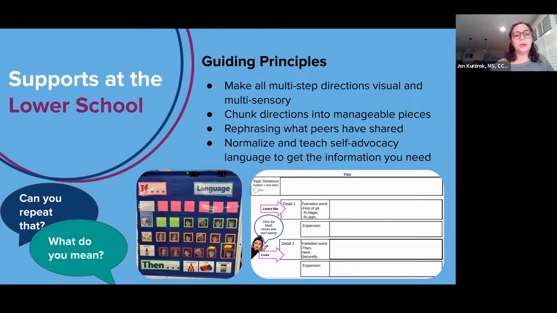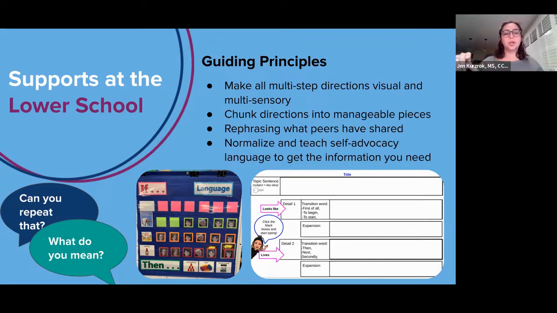So for example, this if-then chart in the middle is something that we use a lot with our BR2 students. That's a situation where a student might have 3 tasks that they're supposed to complete during class. And if they complete all 3 of those, then they can pick out a building material to use for the last few minutes of class. But rather than just the teacher saying at the front of the room verbally, if you complete X, Y, and Z, then you can build, and hoping that our kids retain that information and can keep track of which ones they've already done and hold all of that.